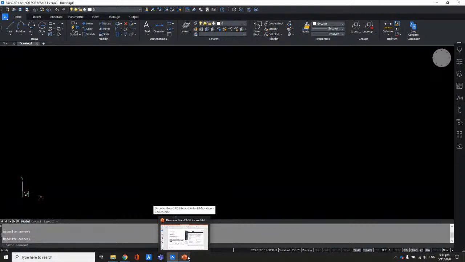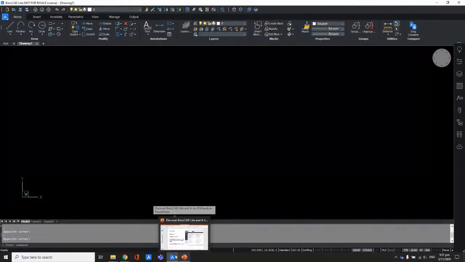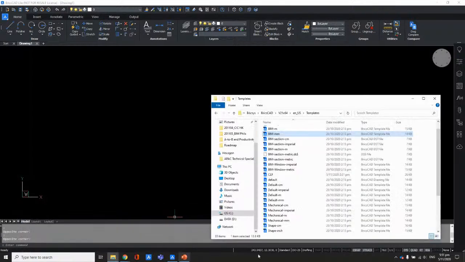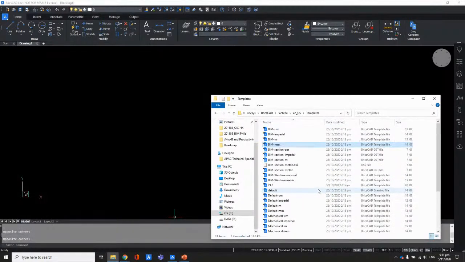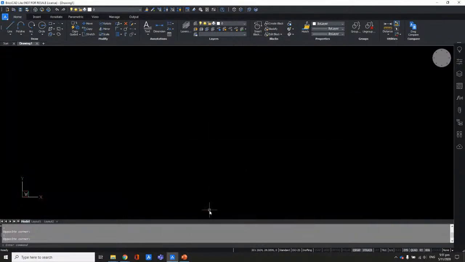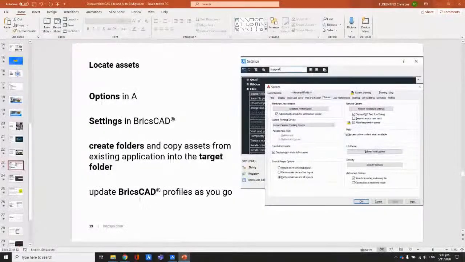It goes the same with the sheet sets and DST files. Let's go back to that list. You will see here some DST files. So this covers DWT and DST already. So that's for that. And then let us discuss UIs, printing, plotting files, PC3 files that you may have, which would be,